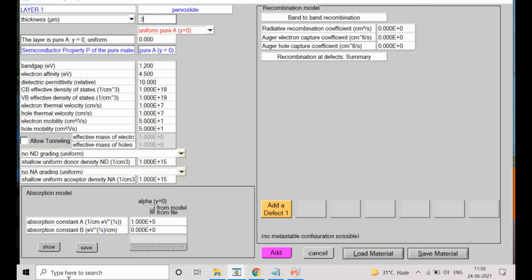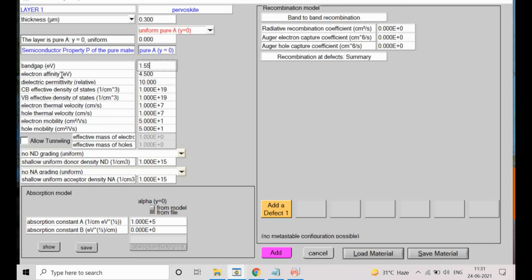So you must have all the material parameter data with you. First you go to the papers and literature, and search out what the thickness of the solar cell is, what the thickness of the perovskite absorber layer is, and what the band gap is. The band gap is almost 1.55 electron volt for perovskite.